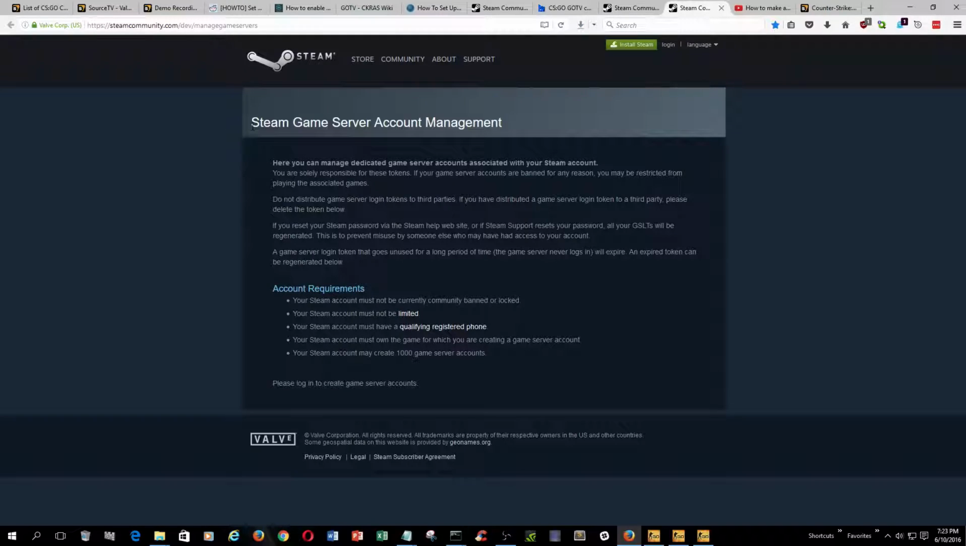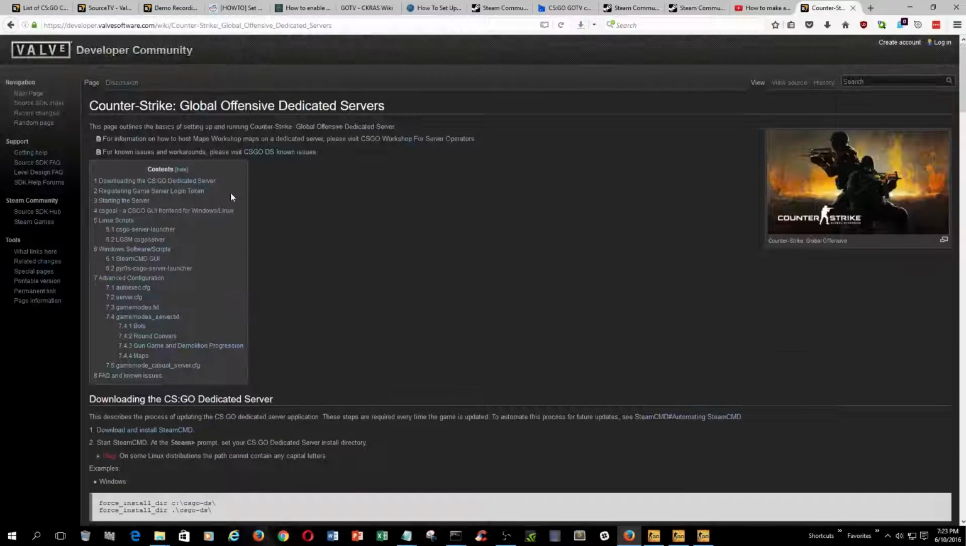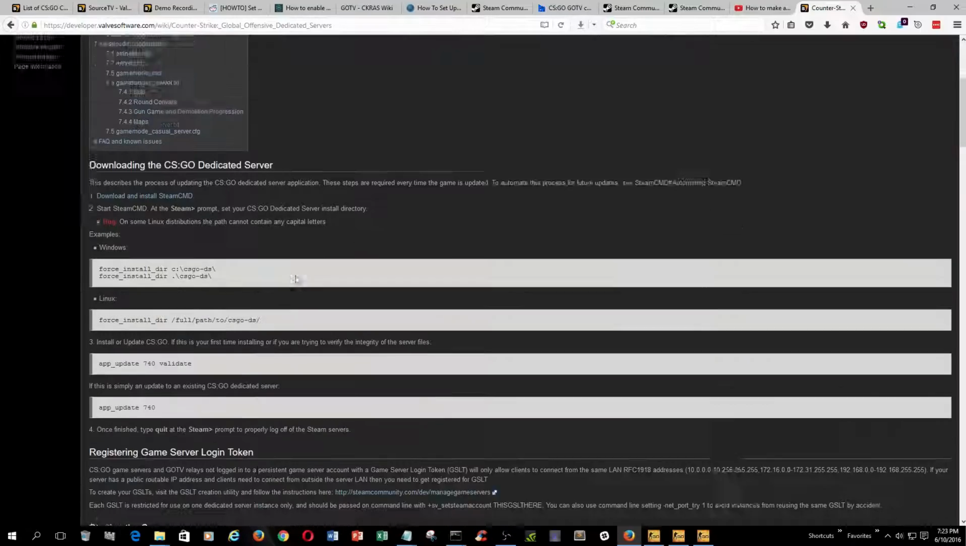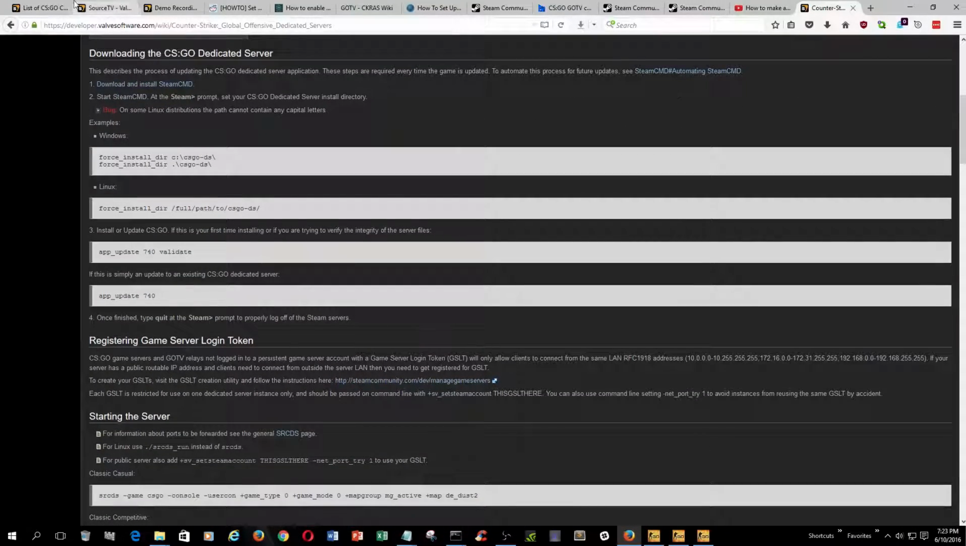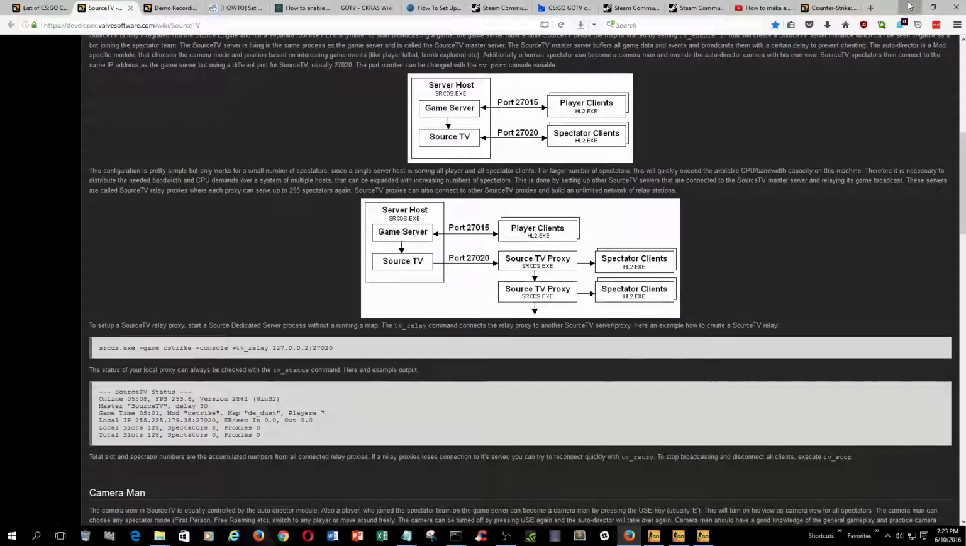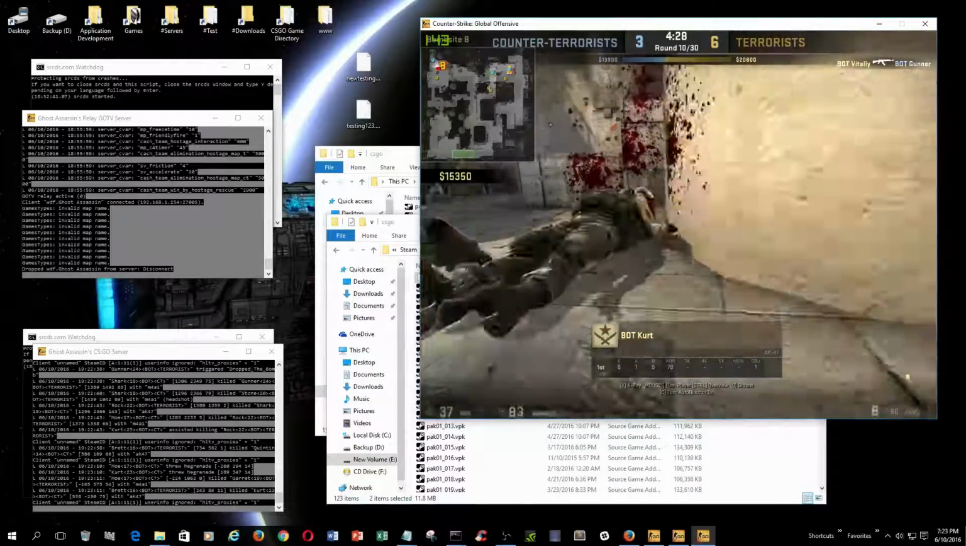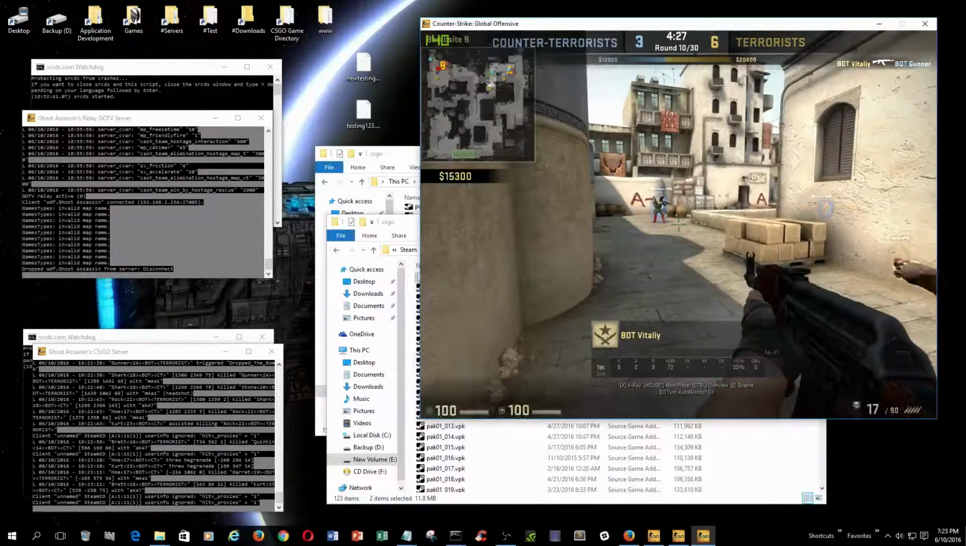And this is just the Steam game server account management. You gotta have it for both servers or else they'll be limited to LAN. And you just have the Counter-Strike Global Offensive dedicated server tutorial here. So if you go back, see,